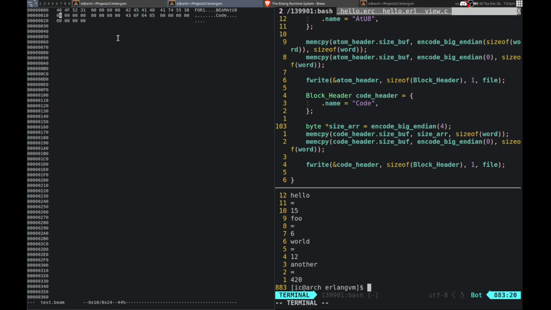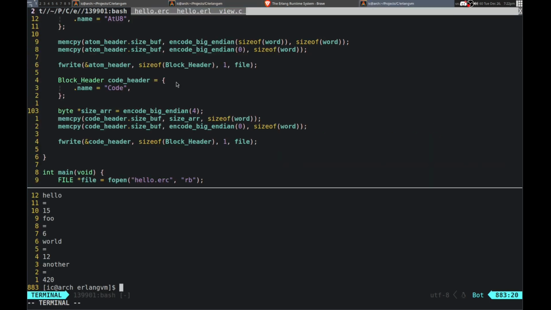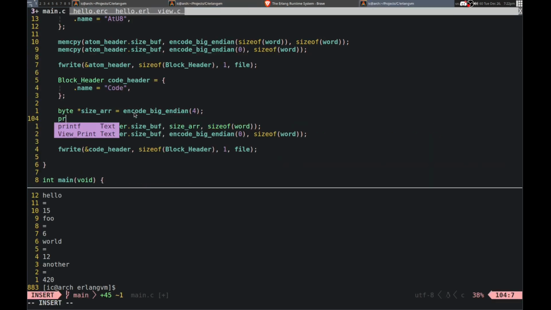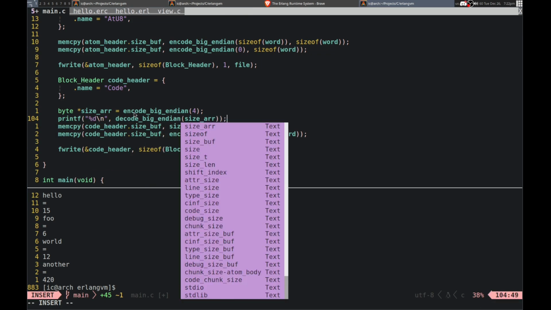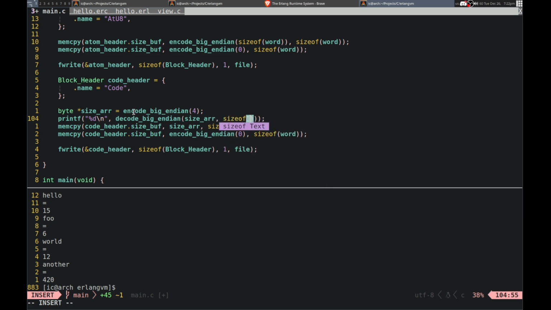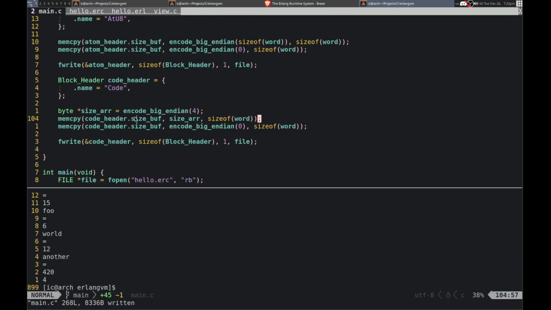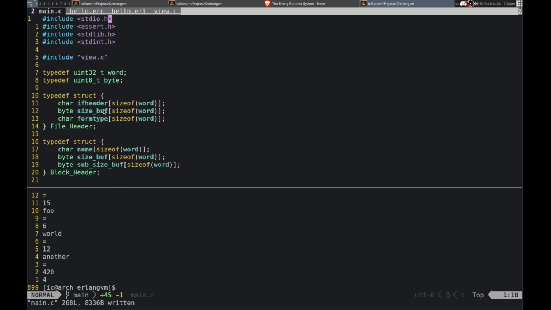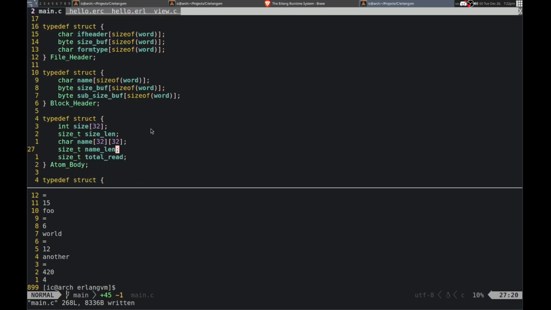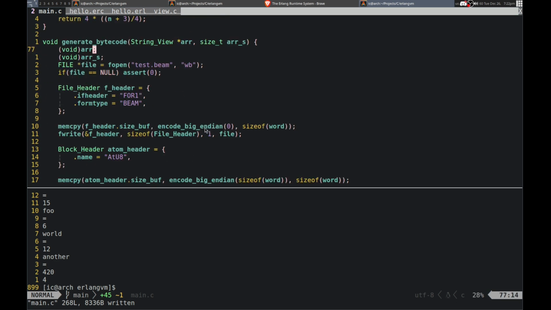No. But it is working, because if I decode it now, decode size array, and also size of word in there, then it decodes properly to 4. I messed this up bad. So it's not size buff, the next one is sub size buff. Yeah, that is the issue.